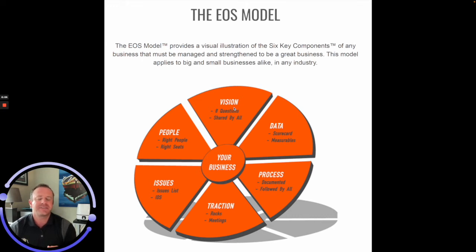So process is very consistent across our company. There are big processes and little processes, but they're all important. I'm going to go down to traction, which is the final one. Traction is also the name of the book that our whole EOS system is based off of. So traction is an EOS branded topic, and it basically means bringing discipline and accountability into our organization. If we become great at execution, we're going to be able to be successful.